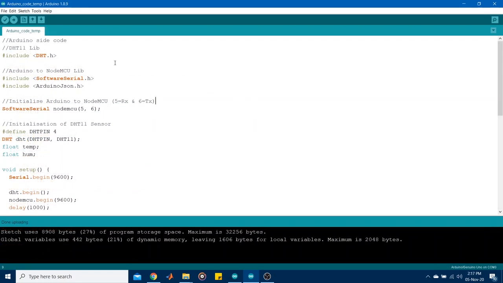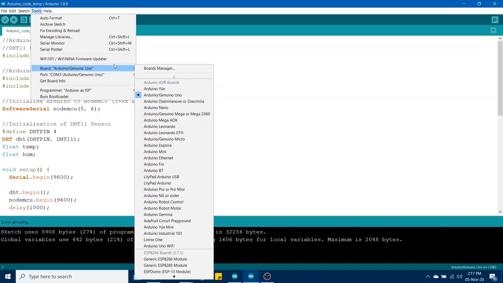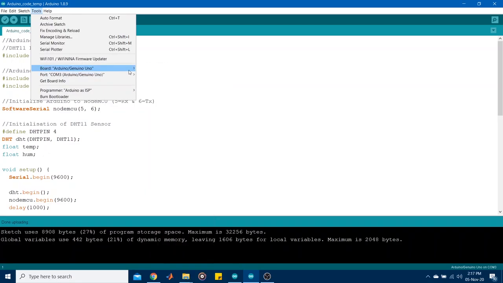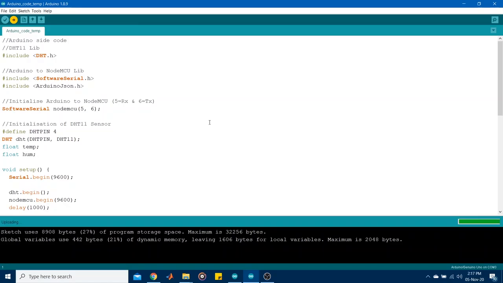Right, so we're looking again at the Arduino side code. Let's go ahead and upload this. So go to Tools, make sure the correct board is selected, Arduino Uno, and the correct COM port. My Arduino is connected to COM3. So I'm going to go ahead and upload the code. Right, and I can now check the serial monitor,